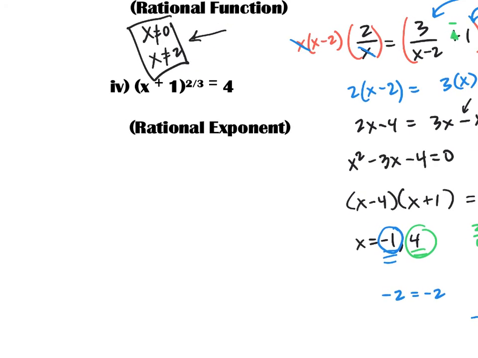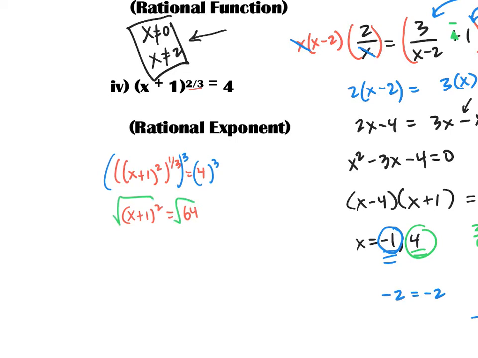Okay, this fourth type you'll see on occasion, but I would like to rewrite it, and it might make more sense to you. But x plus 1 to the 2/3 power, notice that that's fractional or rational, would be the same as x plus 1 squared to the 1/3 power is equal to 4. Now, I would like to undo that 1/3 power by cubing both sides. If I cube both sides, I'd be left with x plus 1 quantity squared is equal to 4 cubed, which is 64. I'm going to take the square root of both sides,